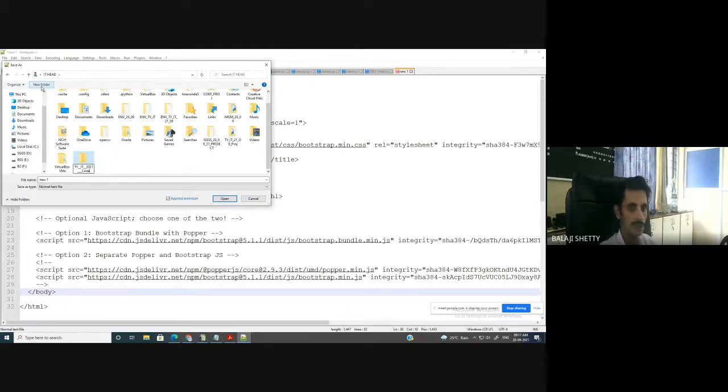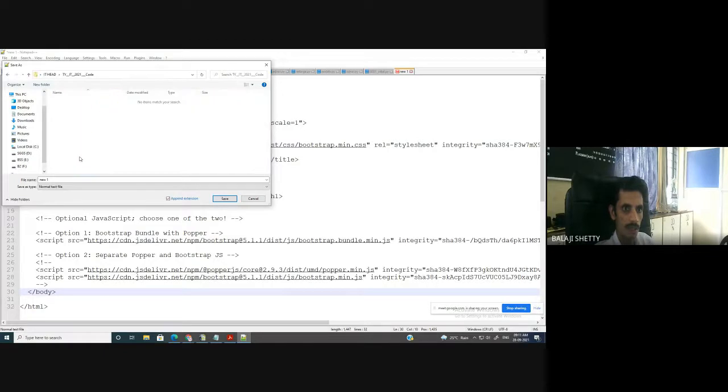I create one folder, and in that I create another folder, website demo. And here I create index.html. This is an HTML file, index.html.